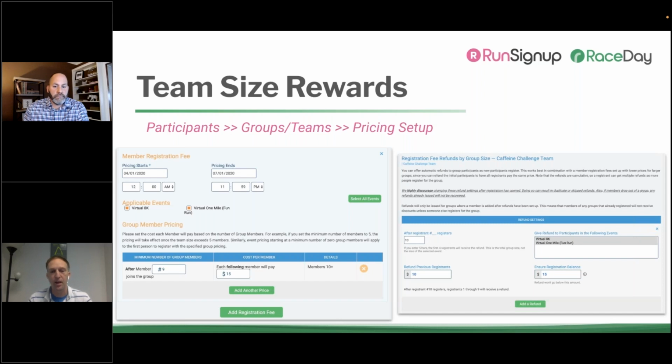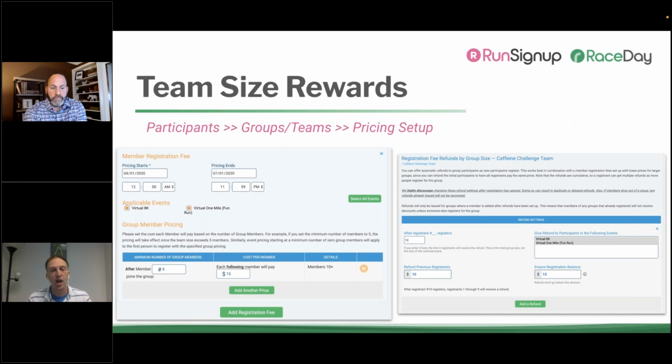And then another thing that we see that is often done incorrectly is the ensure registration balance. And I recommend this is either one of two numbers. If you want to allow people to basically earn a free registration, and this comes in handy when you're doubling your different incentive programs, you can say that's 0. It doesn't matter. You can earn a refund. You can use a coupon. You can refer people. You can be that first person that joins, and then once you reach the team size,